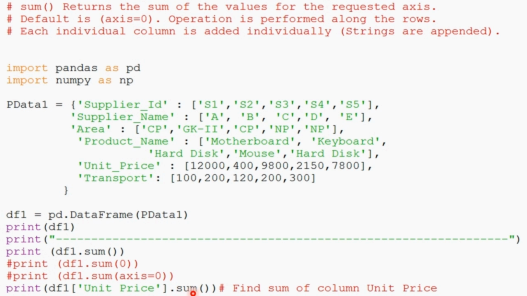It means we want to find the sum of values in the unit price column. So individual column values can be summed by giving the name of the column like this. And if you want to find the sum of all the columns, we can define it this way, or give the parameter as 0, or write the parameter as axis equal 0.